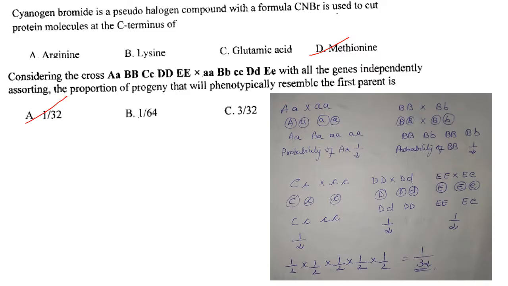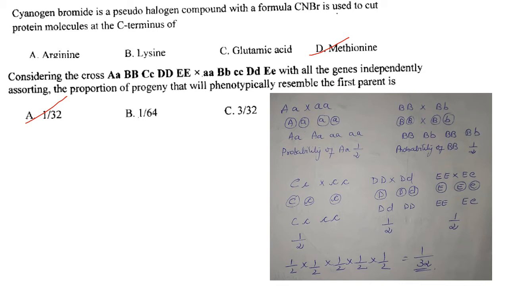Then next one. Cyanogen bromide is a pseudo halogen compound with the formula CNBr, used to cut protein molecules at the C terminus of. So cyanogen bromide cuts protein molecules at the C terminus of methionine residues. Answer is option D. Then considering a cross, they have given the genotype with all the genes independently assorting,